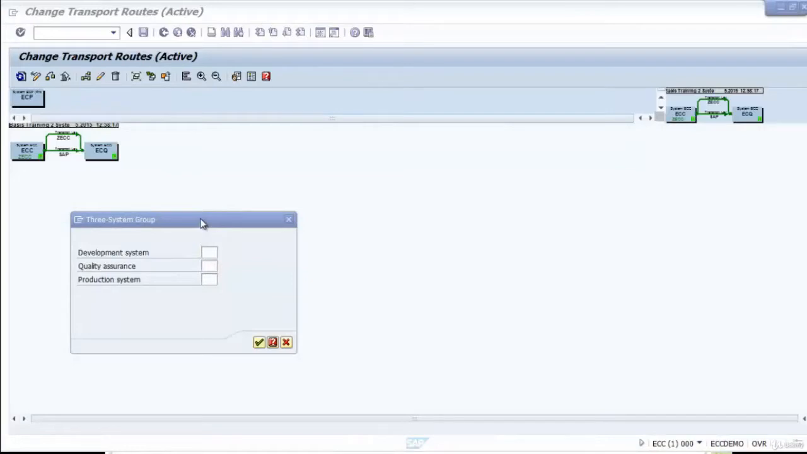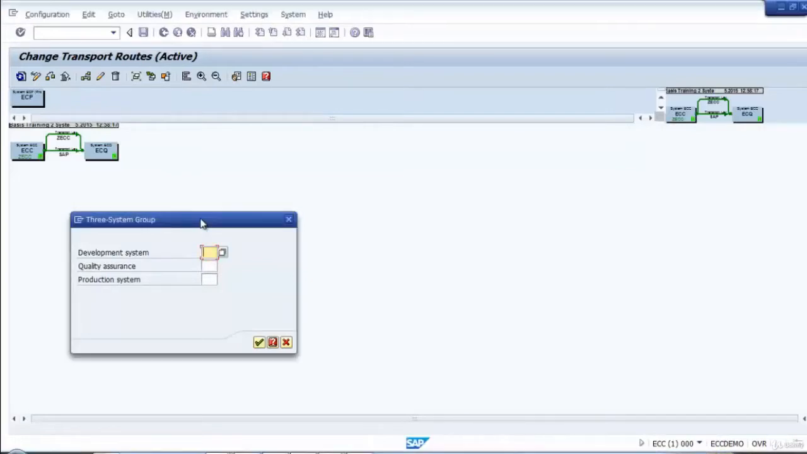Then you will get this pop-up screen, three system group. Here we need to specify which is the development system, which is the quality assurance system, which is the productive system. Then it will automatically create all the transport routes and the consolidation route, meaning the consolidation routes and the delivery route. The development system is the ECC system, the quality assurance system is the ECQ system, and the productive system is the ECP system. Okay, so three system